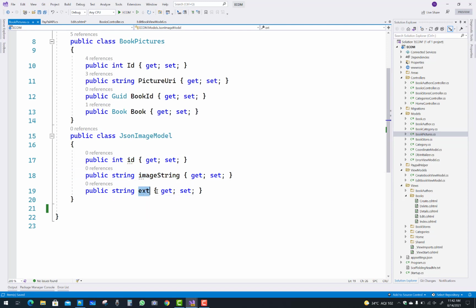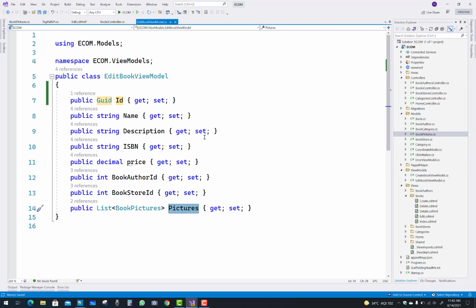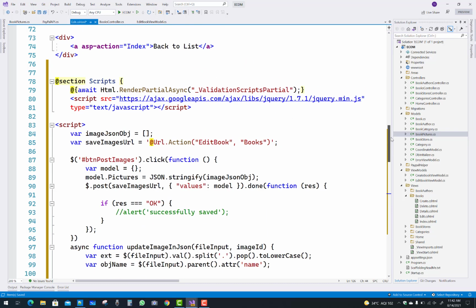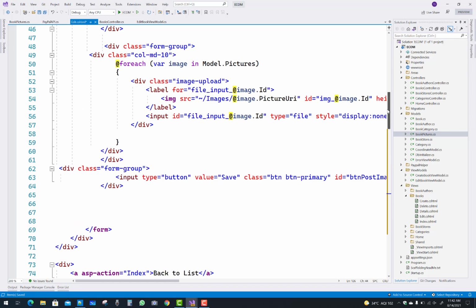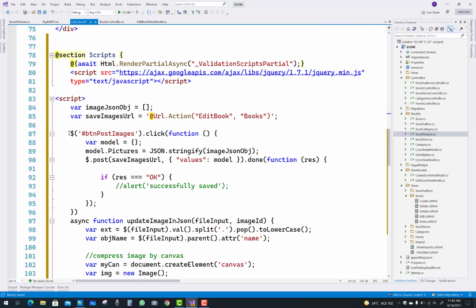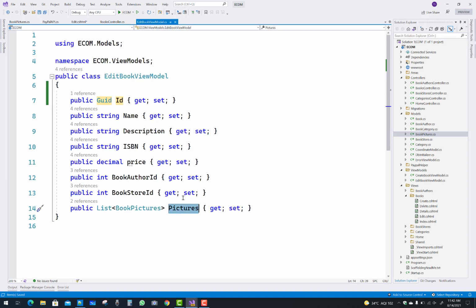Here we have a JSON image model. In the JSON image model we have an id, image string, and extension of the image, and there is the edit book view model. And here we have a model in the pictures, so just add it as pictures.